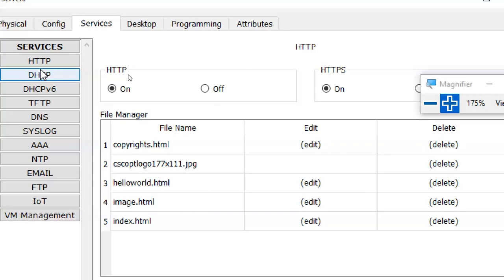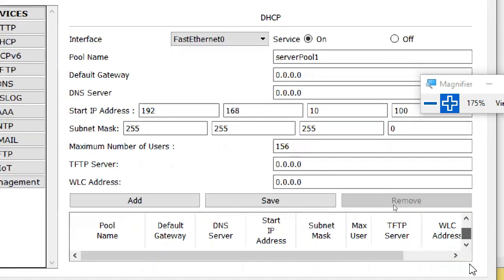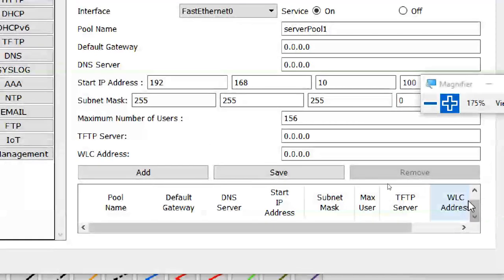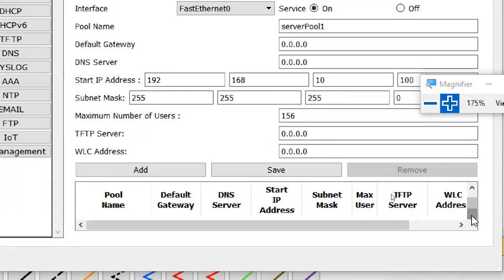Okay. Yes, it keeps resetting itself. The pool name already exists, so I'll put pool 1. Then save it. Why is it not showing anything?